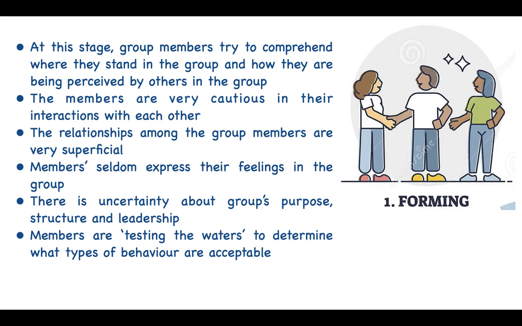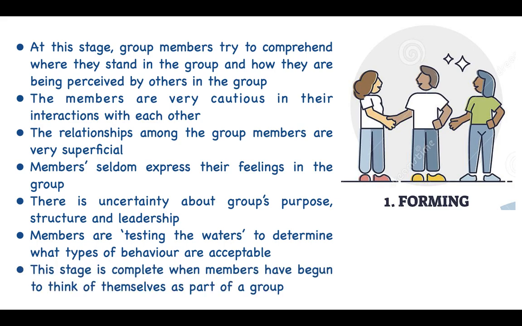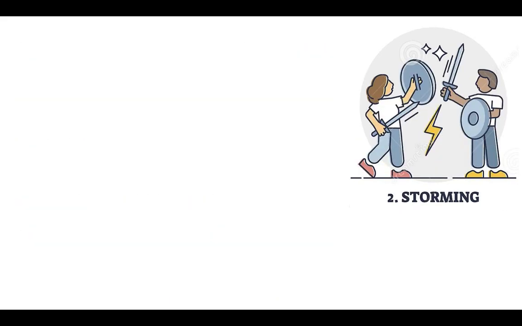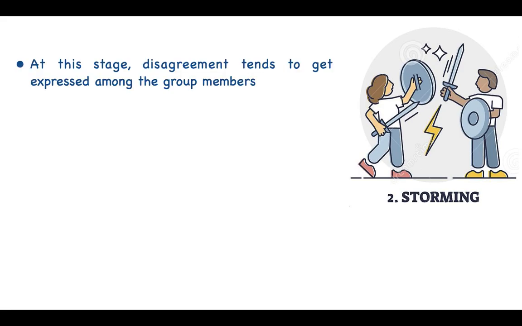So they are just testing the waters and determining what behavior is acceptable in that particular group. And here, this stage will be complete when the members start thinking of themselves as part of the group. That is when we feel that the forming stage is over, and we'll move to the next stage, which is the storming phase. Now, here people have got comfortable with each other, and once people get comfortable with each other,